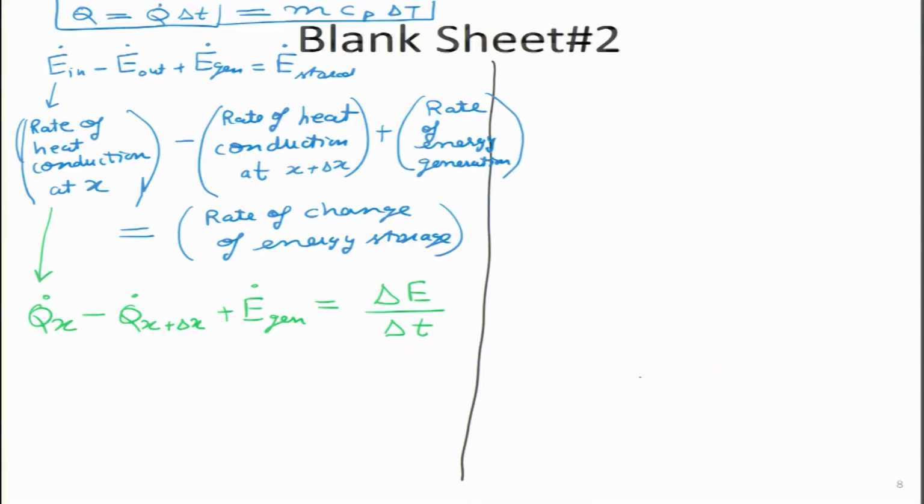If somebody puts some charge on my body, which usually happens when I comb the hair, I think we have all experienced that the hair lifts up, that is because some electron exchange takes place. So, I have a net positive or a net negative charge. So, I could have that electrical energy as well. I could have some magnetic energy as well. I also have a lot of chemical energy, a lot of biological energy. So, those things we can write over here.